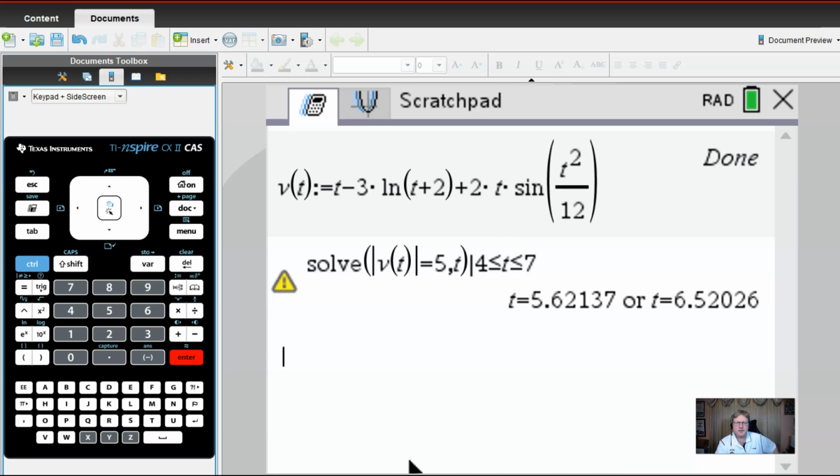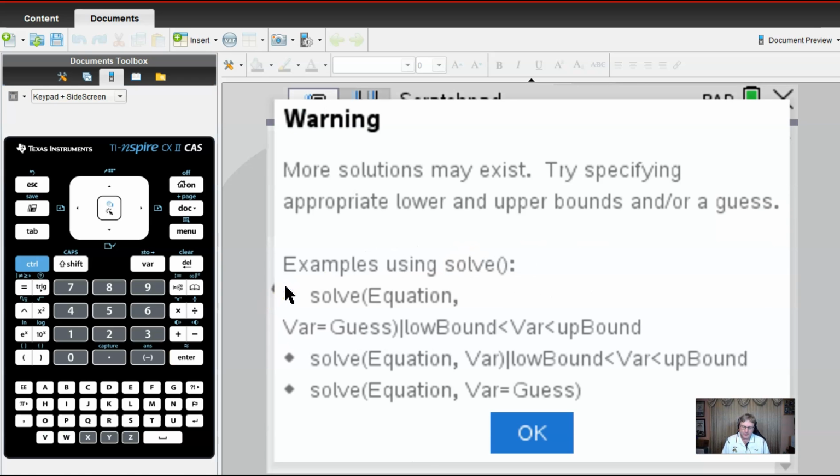Did I say neither one? I meant to say both of those are on our interval 4 to 7. So in other words, it looks like there's going to be 2 times when the speed is equal to 5. Now, sometimes we can get this little warning symbol, which just basically says more solutions may exist, and that's a